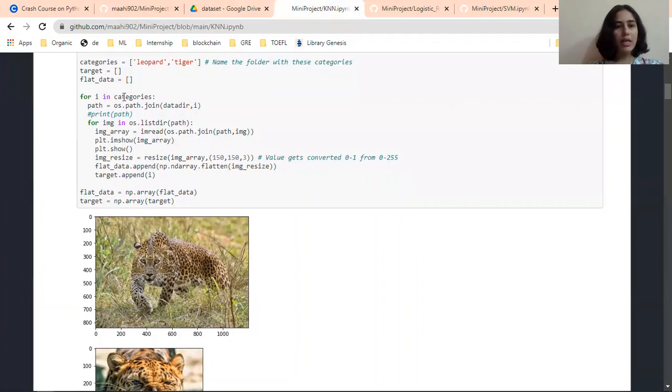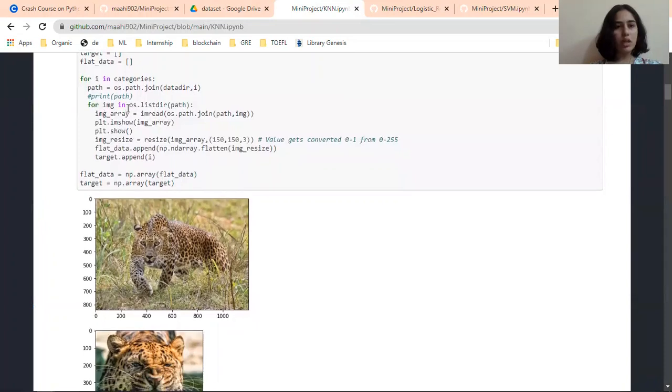So for i in categories, where categories are the image folders in our data, we will give path equal to os.path.join of data directory and i, which will join them. And for image we will use another for loop, for image in os.listdir of path.